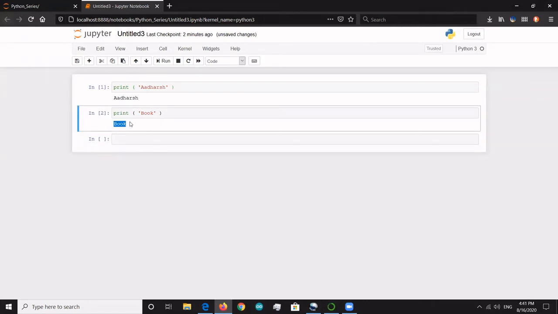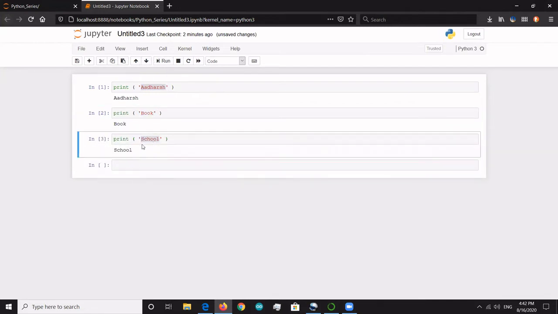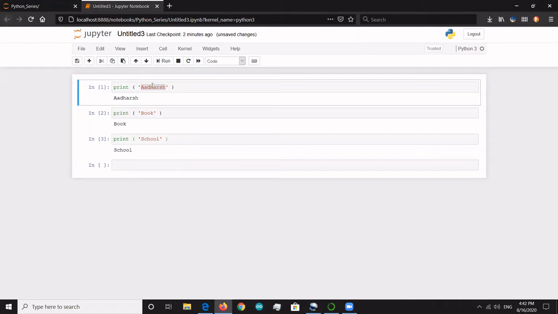We can write whatever we want. For example, you're studying in school, yeah. I want to print school. So I'll write school here, the same procedure that I did here, same way. See, all of them are the same, just that here I've printed my name, here I've printed the word book, here I'm printing the word school. If I run this, you can see school, because everything is the same. You can put whatever you want inside the single quotes. They will be printed here like this.